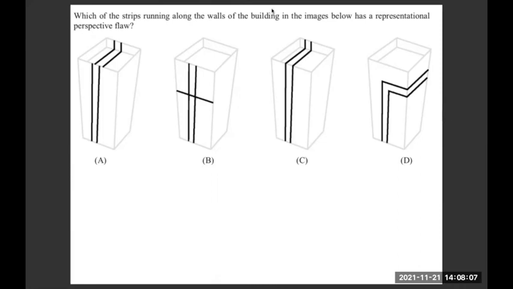Yes, it's C. The correct answer is C, because these lines which you're seeing here should not be meeting here, but it should look something like what is seen in option A, where the lines come here, and there'll be verticals happening like the way you are seeing verticals here. The same verticals will be happening on the backside of the surface, and then another larger vertical will happen. So option C is the only one which is a flawed perspective.